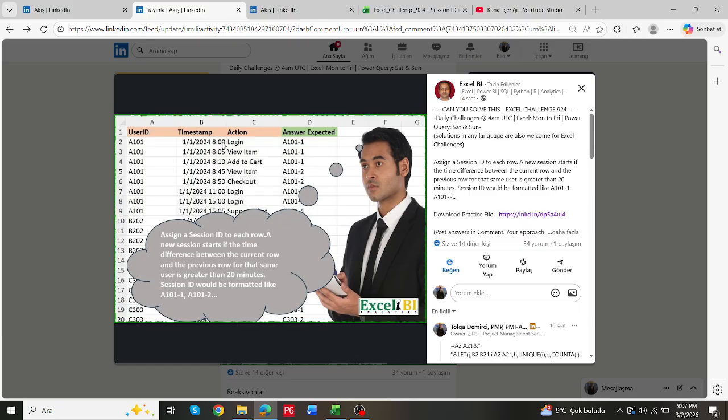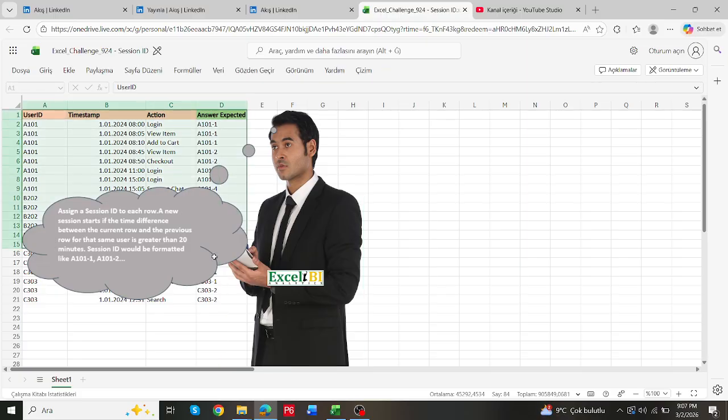Think about the first item and second item. The second item's previous value is 8 o'clock. The second item is 8 past 5 o'clock. There is not any time difference greater than 20 minutes, so indexing is 1. Continue with 1. So I'm taking it to an Excel sheet,